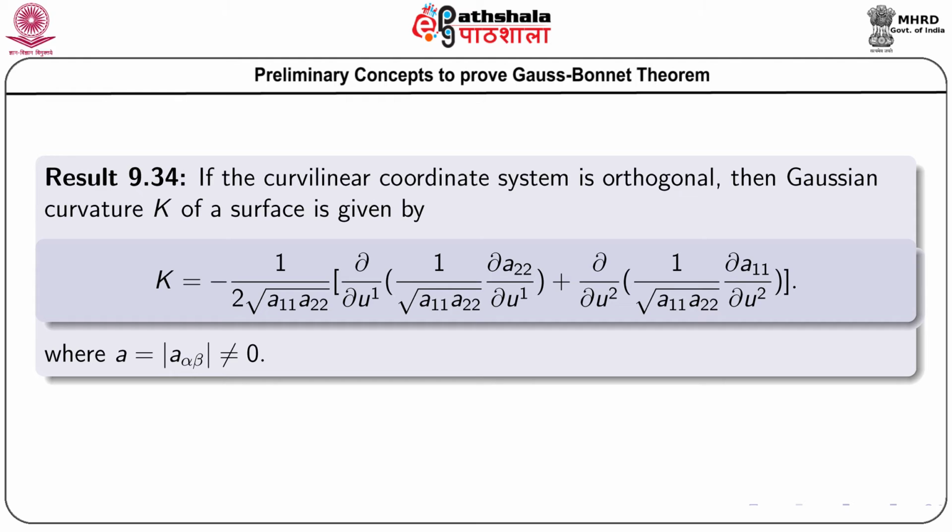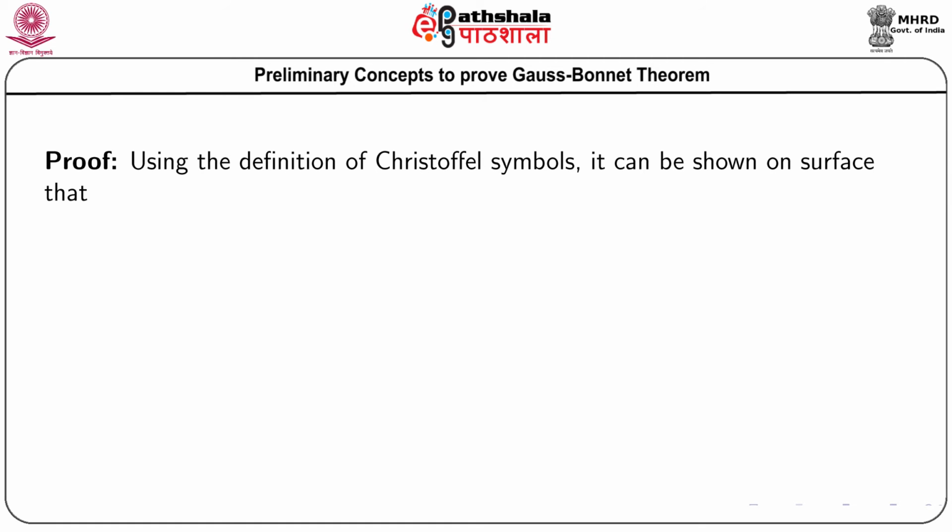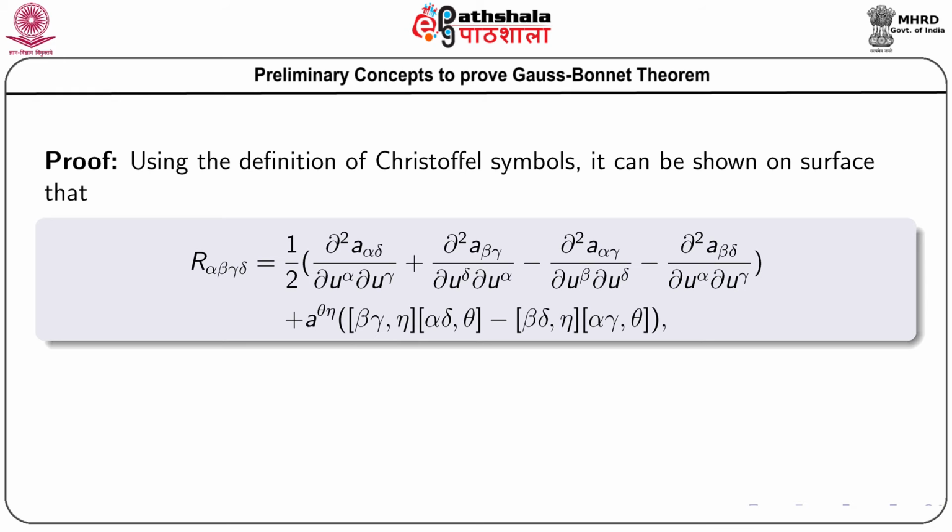Now, we shall prove this one. This is a very important result which will be required to prove the Gauss-Bonnet theorem. Now, using the definition of Christoffel symbols, it can be shown on a surface that R alpha beta gamma delta equals 1 by 2 within the first bracket, this expression del 2 A alpha delta by del U alpha del U gamma plus del 2 A beta gamma by del U delta del U alpha, and in the second component we have the Christoffel symbols of the first kind with the product of A theta eta. So, this is the expression